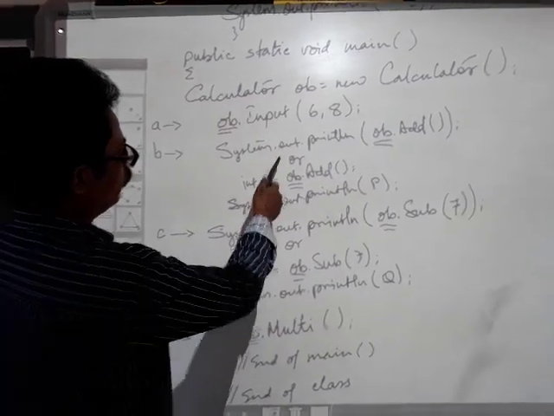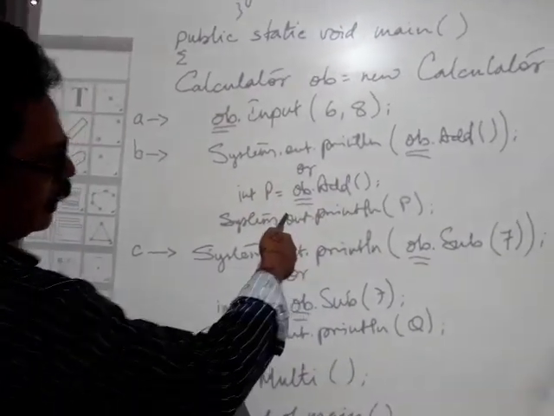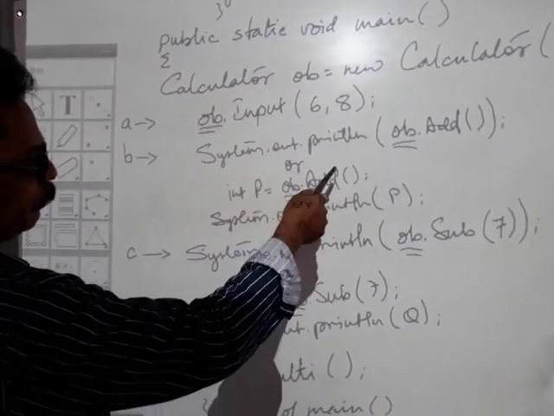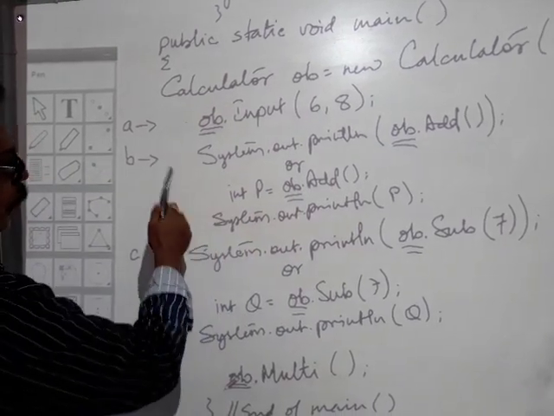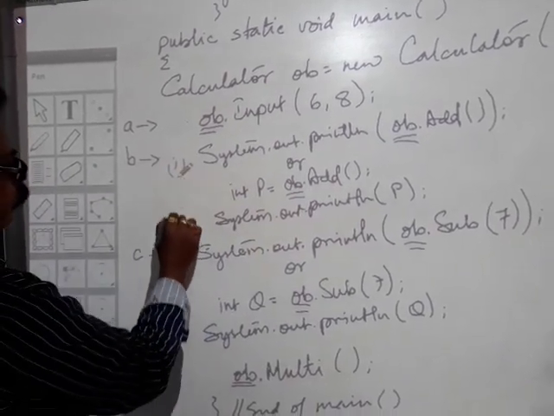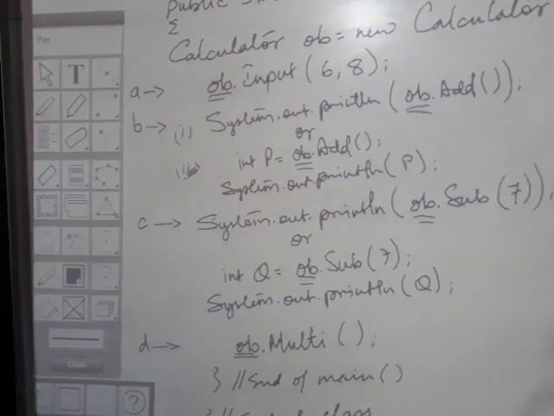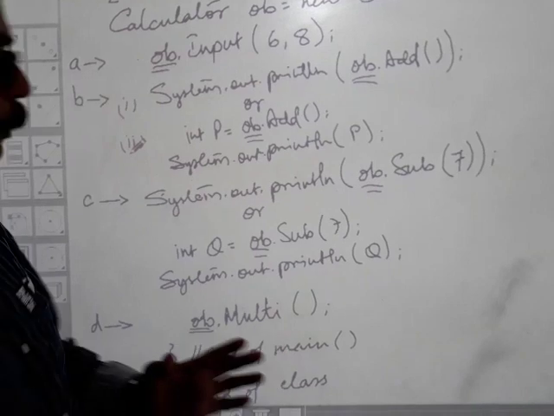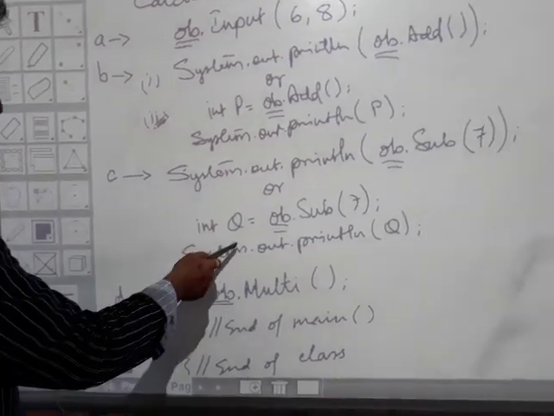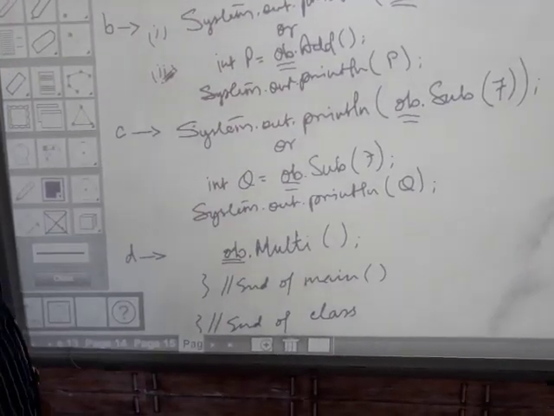Then we have an add function, just like that. Since it is returning a value, you can use either println or any one of these two. Either write this part or take this method. Any one of the methods you have to choose, whichever method you are comfortable with. Similarly with subtract, the same thing, and the multi also has the same thing.